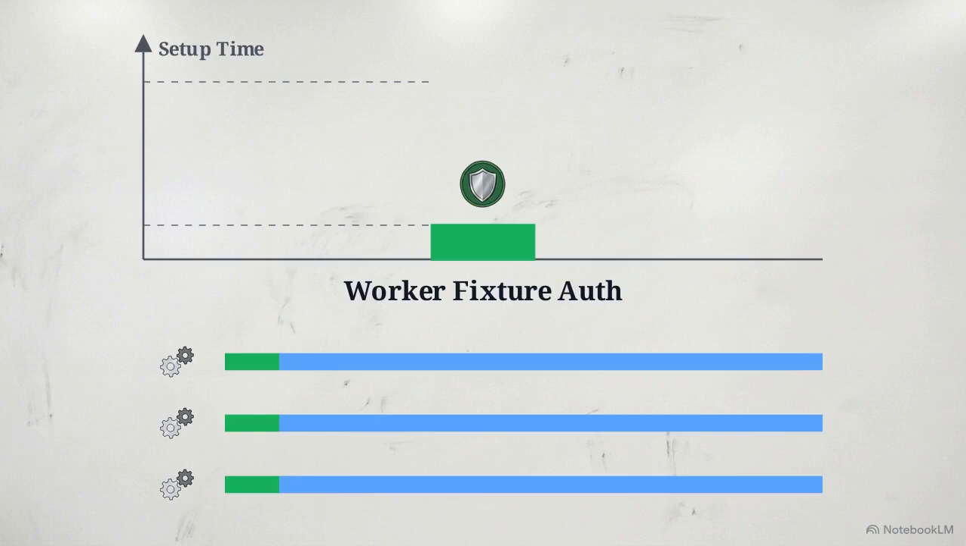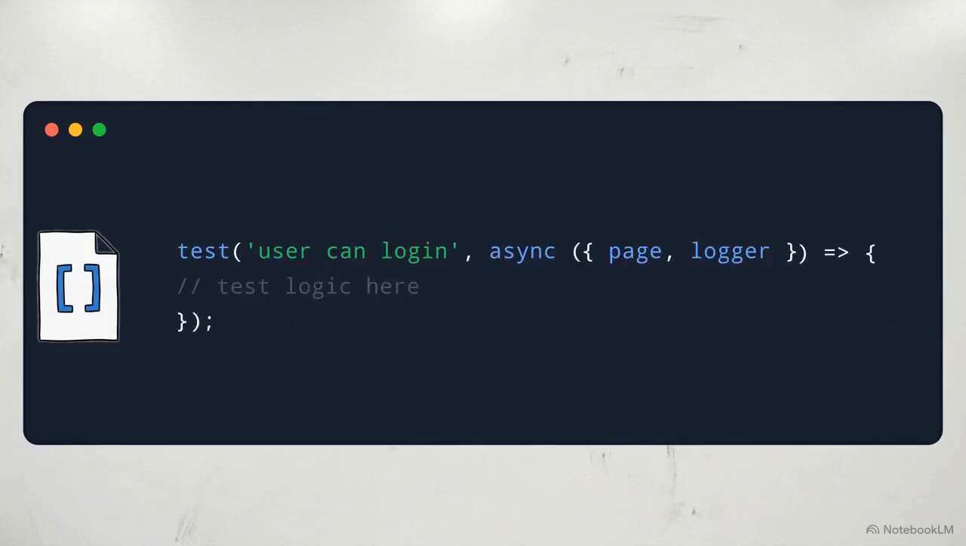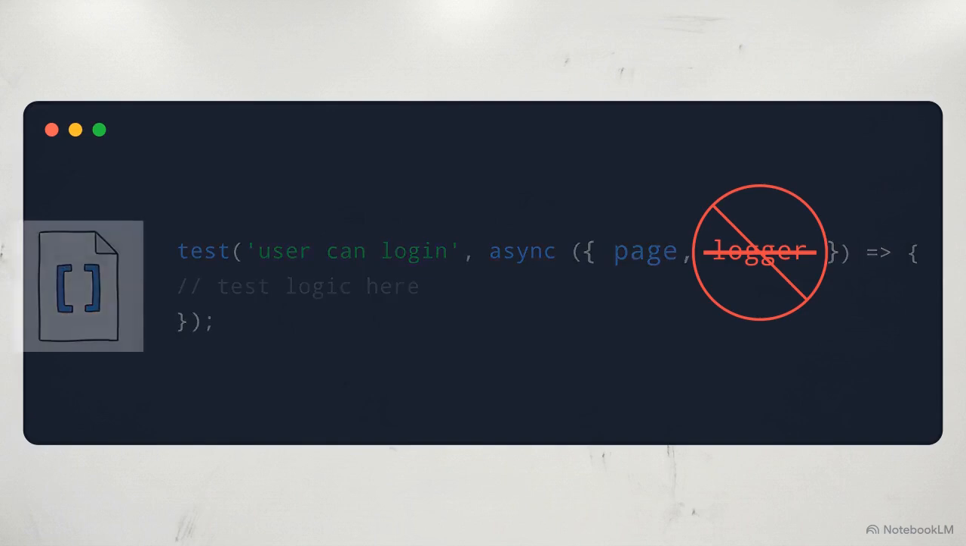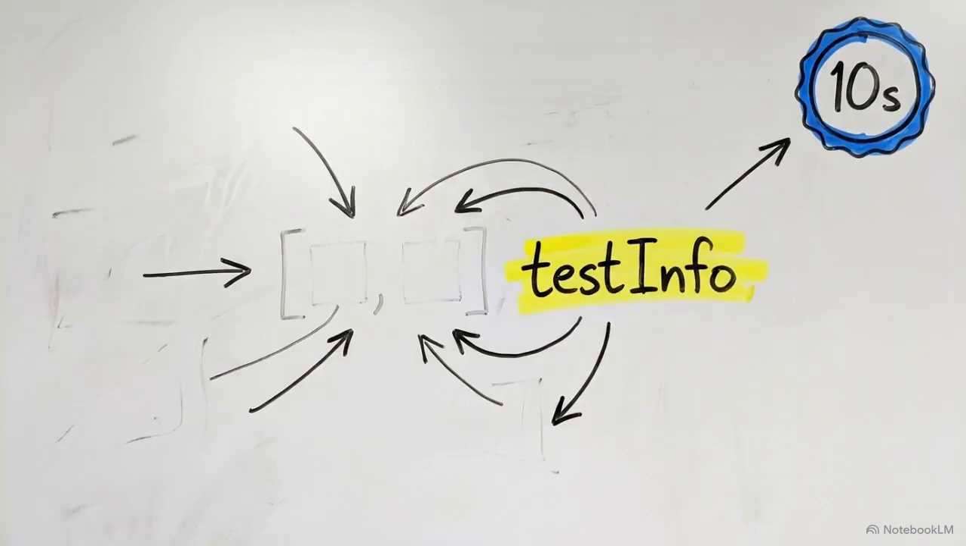Some tasks, like debug logging, need to run on every test. However, you don't want to force your developers to include an unused logger argument in every test definition just to trigger the code. Try to write this yourself. Use test.extend to create a debug log fixture. Use the tuple syntax to set it to auto true, and see if you can use the test info object to